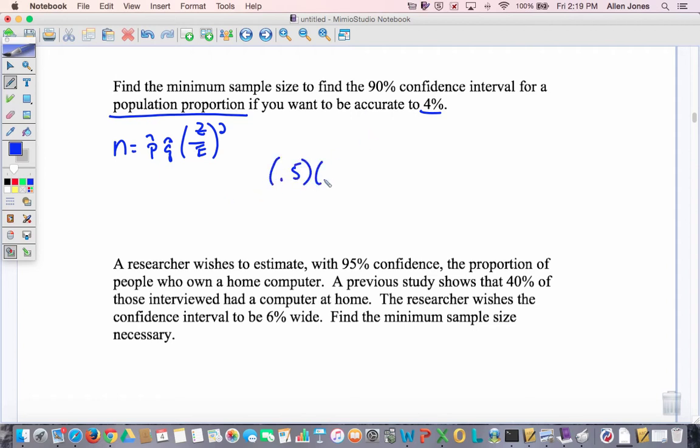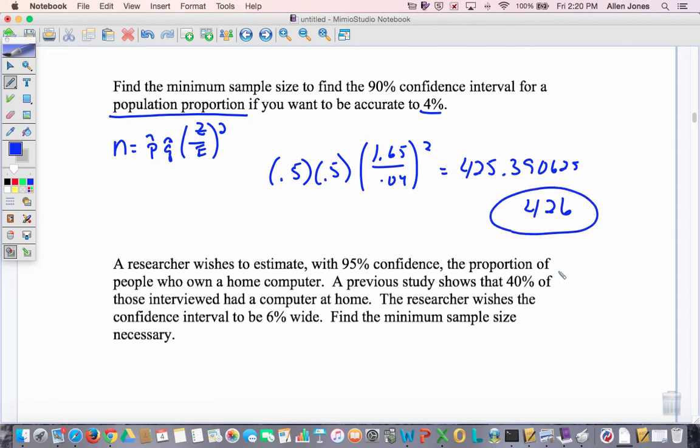So our P hat, once again, there's no mention of proportion, so it's 0.5, which means Q hat is 0.5, 1.65, in this case 0.04. We square that, and we're going to get 425.390625. Always round up, so our minimum sample size is